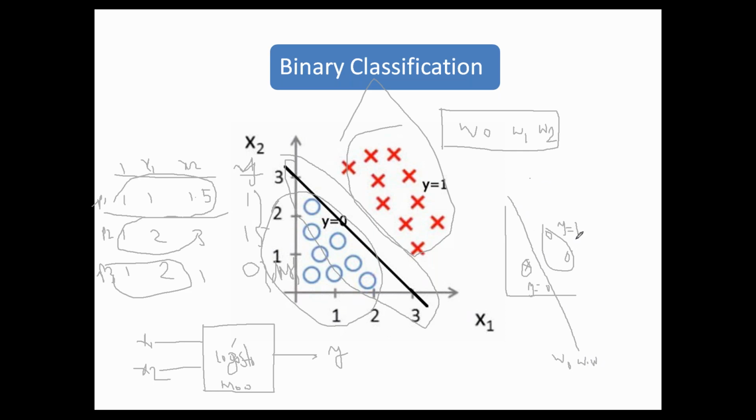Suppose the line is here, it cannot classify. Suppose the line is this one, it cannot be a decision boundary because all the points are on one side, so they will give either only 1 or only 0. But if I find a line like this, these two are on one side and this is on the other side. If these two give 1, this one will give 0. If this gives 1, these two will give 0. So this is the concept of logistic regression.